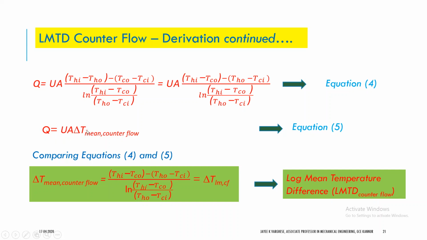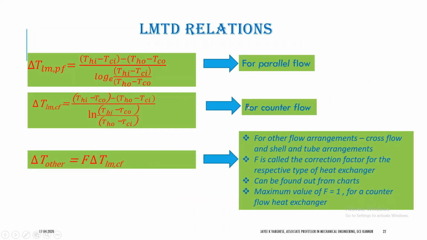So in that case, we can calculate the length knowing total heat transfer, overall heat transfer coefficient, and the LMTD. LMTD can be calculated using any of these equations for counter flow and parallel flow, or maybe for other heat exchangers, provided we know inlet and outlet temperatures of both the hot and cold fluids. So there are 4 temperatures: inlet and outlet temperatures of hot and cold fluids, Thi, Tci, Tho, and Tco. For any type of heat exchanger, we can calculate the LMTD provided all the 4 temperatures are known.